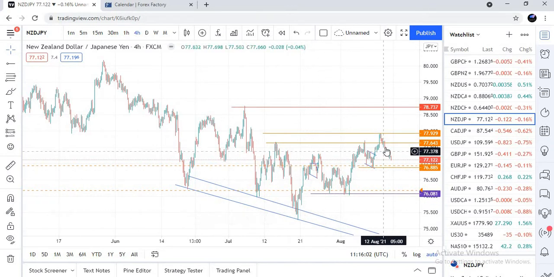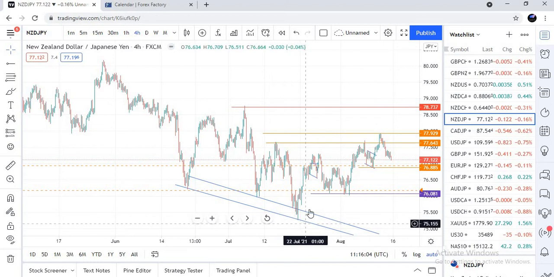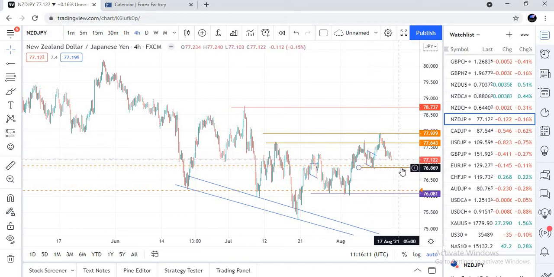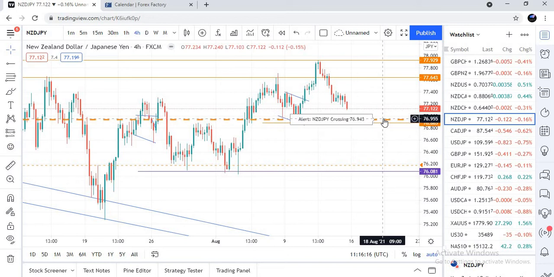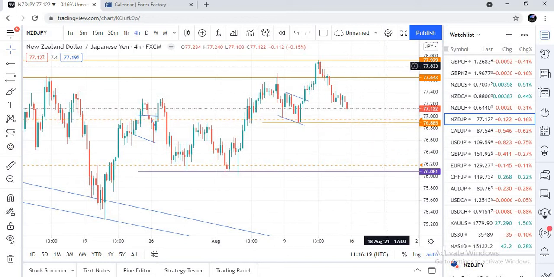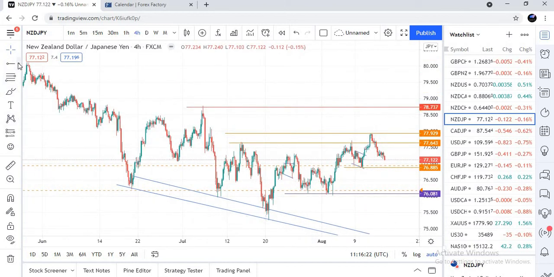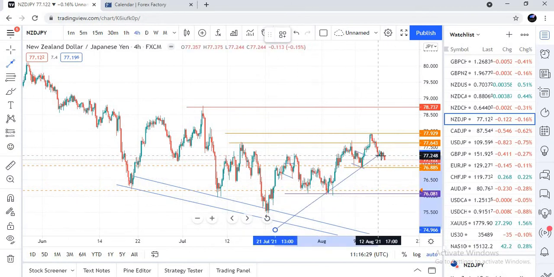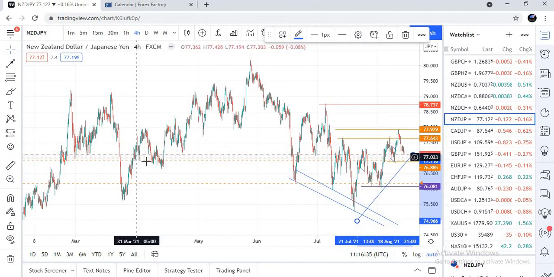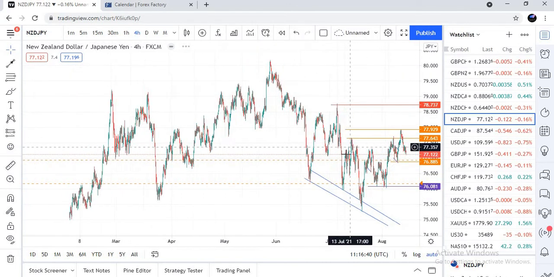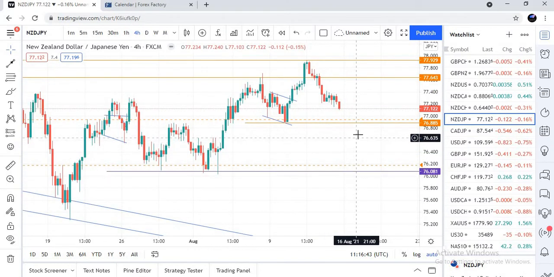It is in an uptrend, as you can see. Starting from here, it will go up, have a little drawdown, go up, have a little drawdown. So from here, we think if the alert gets triggered at this level, I believe that it's going to bounce and keep moving up, because it's kind of moving in an uptrend. So that is my prediction for the NZDJPY. And again, it can also sell because the NZDJPY really moves up and down in any way it feels like moving. So let's just watch how this will be moving for this week.